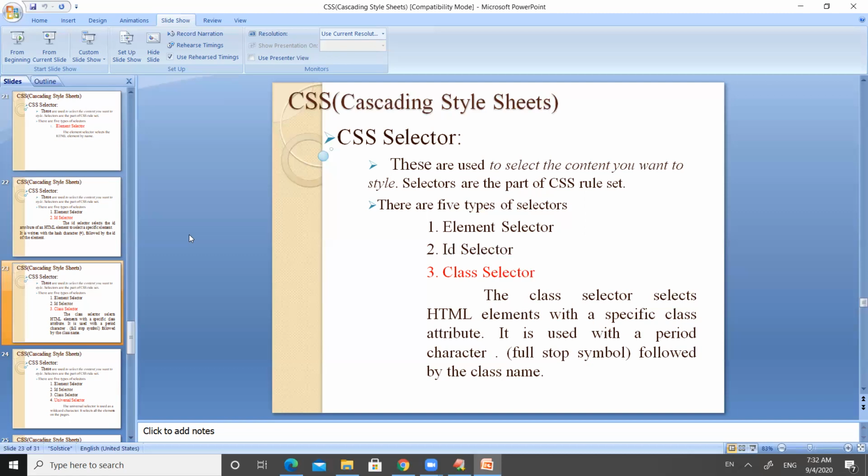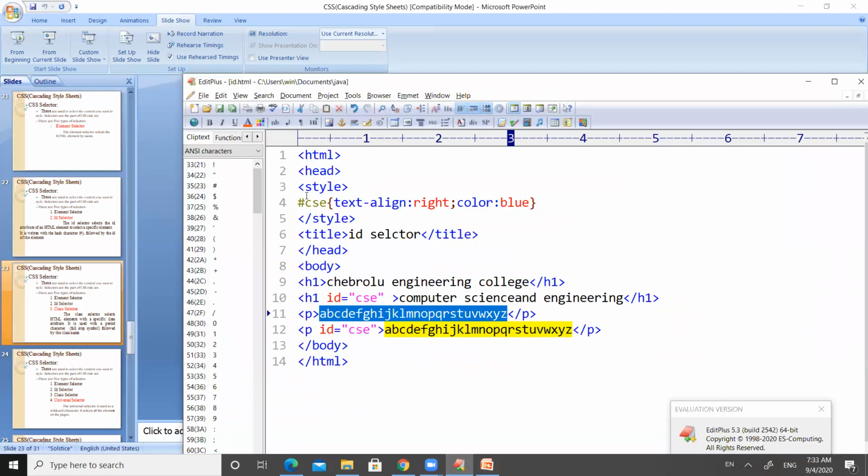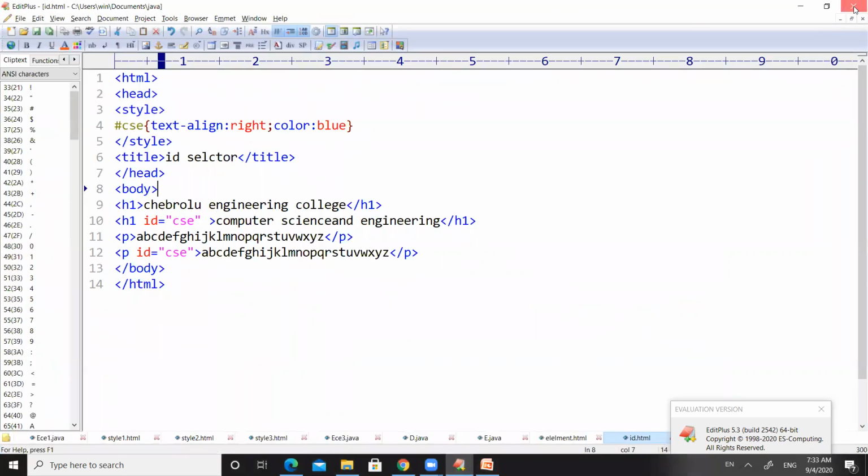So I'm going to close today's session with this. In the next session, I will show an example related to the class selector. It is very simple. Just by changing this with a dot symbol, the CSC will become a class, and these are some of the styles under that class. If you make use of that class on any of the tags in HTML, all those styles will get applied. I will show this in the next class. So with this, I'm going to close today's session.